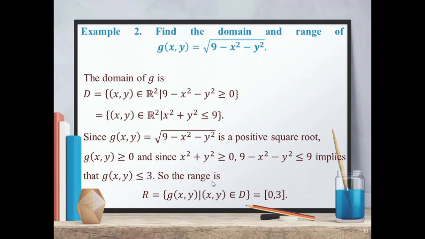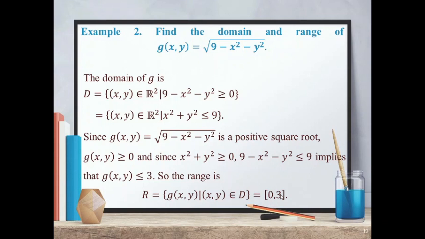So the range R is equal to the set of values assigned by g to the ordered pairs x, y such that x, y belongs to D. It is equal to the closed interval 0, 3, because the least value of g of x, y is 0 and